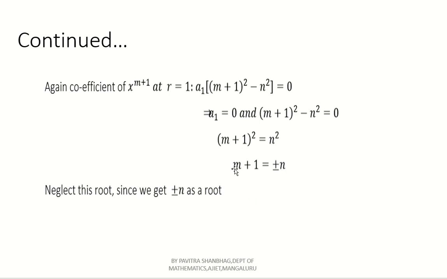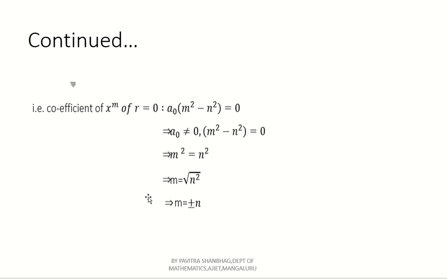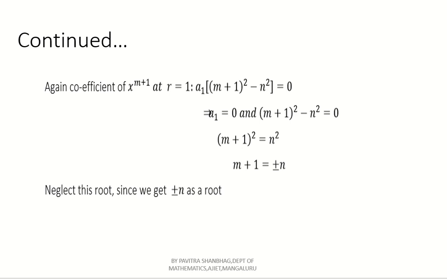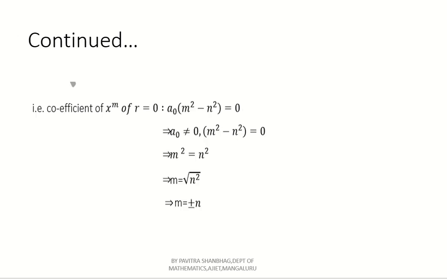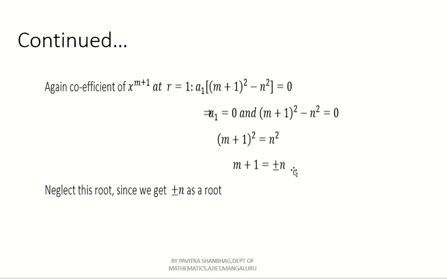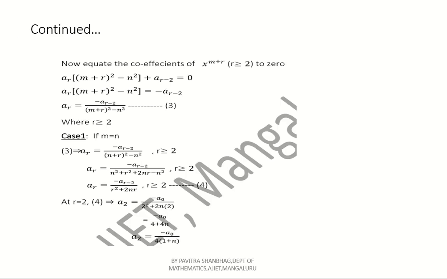But already we have chosen what? In the previous case, m equal to plus or minus n we have already chosen. So it does not affect so much if you take m plus 1 equal to plus or minus n. We can neglect this, because we have already chosen m equal to plus or minus n in the previous case. It does not make so much difference for the computation. So neglect this root, since we have already got plus or minus n as a root in the previous case, right? Now,